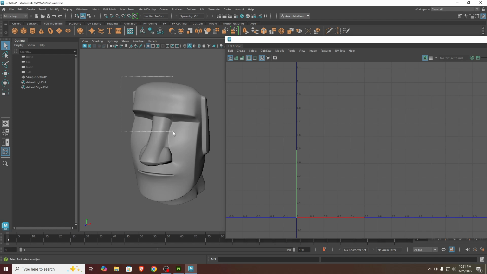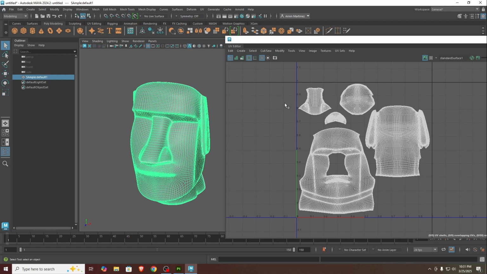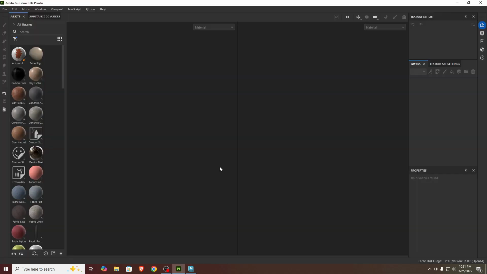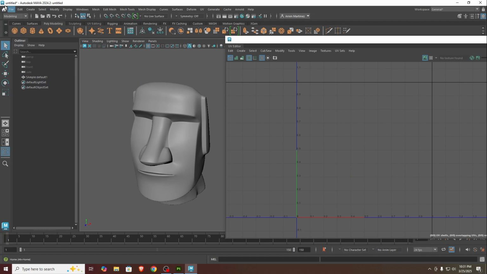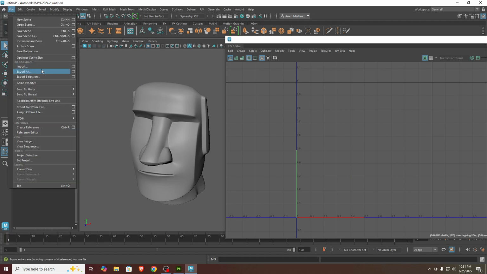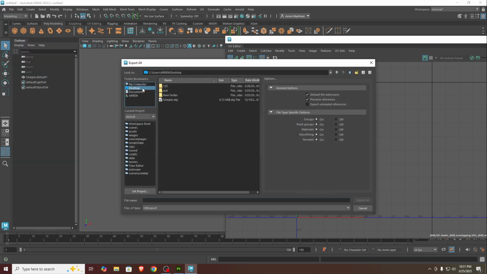As you can see, this model already has UV information. This is important, that our model has UV information when we import it here in 3D Painter. So what I will do here is basically export this as